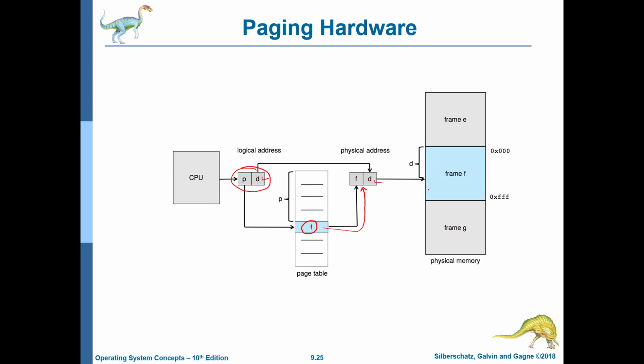And within the frame we basically walk d bytes, assuming this is the start of the frame and this is the end of the frame. So we walk d bytes, and that is the start of whatever we would like to read. If it's a byte level access, we read 1 byte. If it's a word level access, we read 4 bytes or 8 bytes.